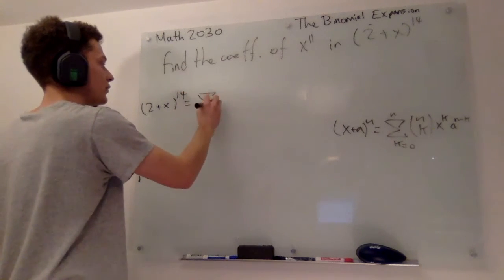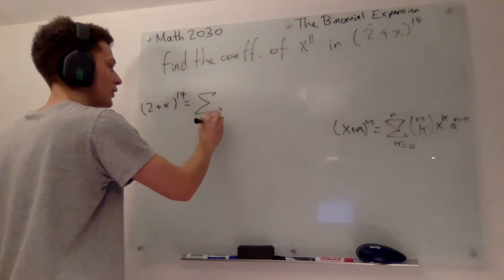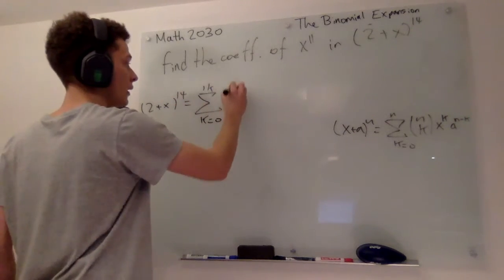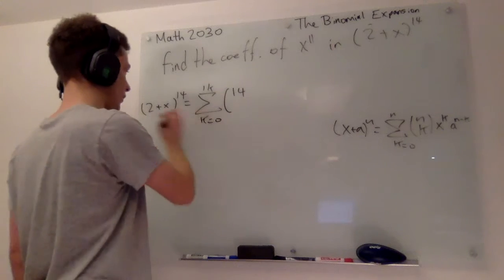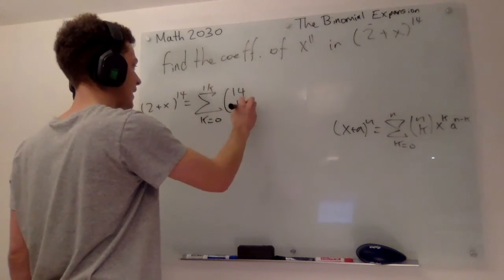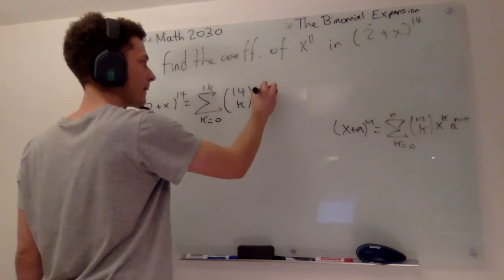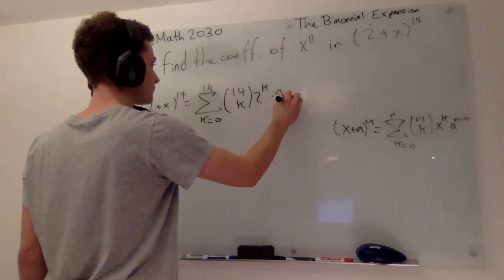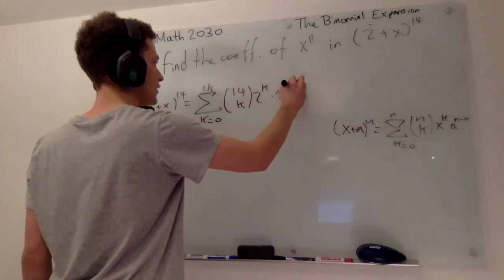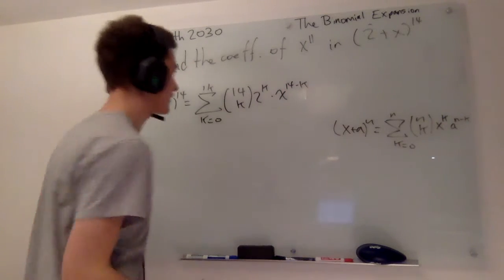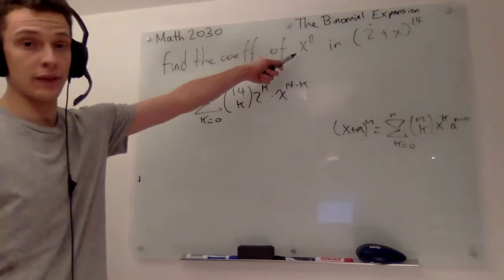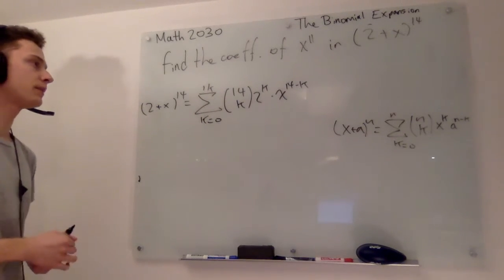Now this is equal to the sum from k equals 0 up to 14 of 14 choose k, 2's, and then we will be choosing 14 minus k x's. So our goal is to find the coefficient of x^11, and